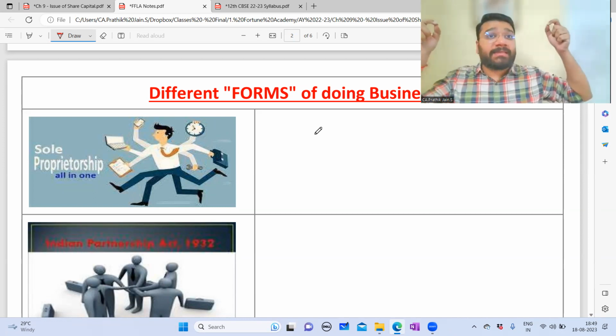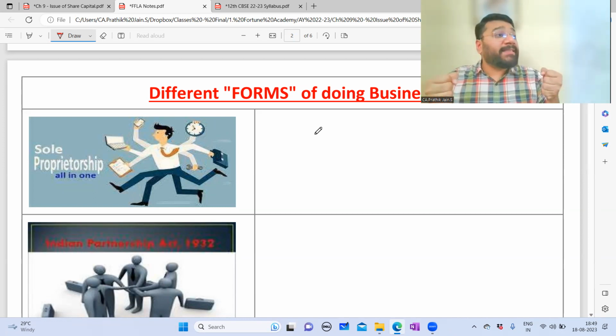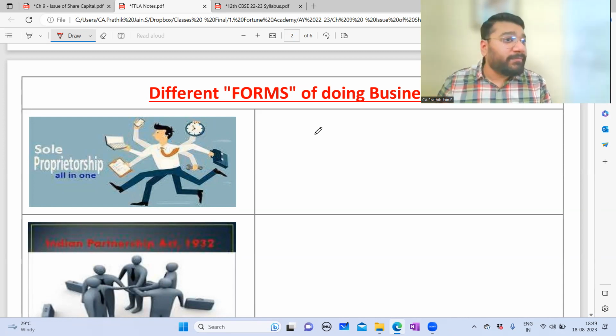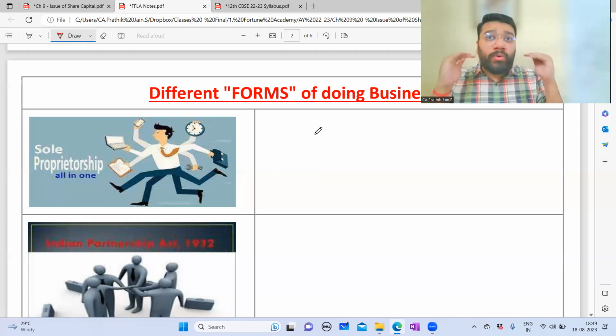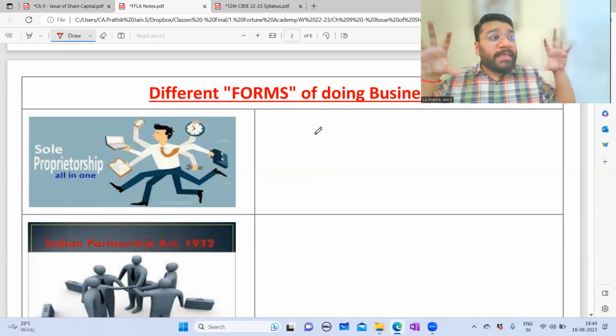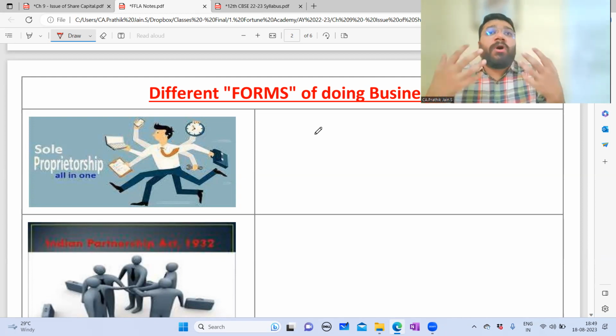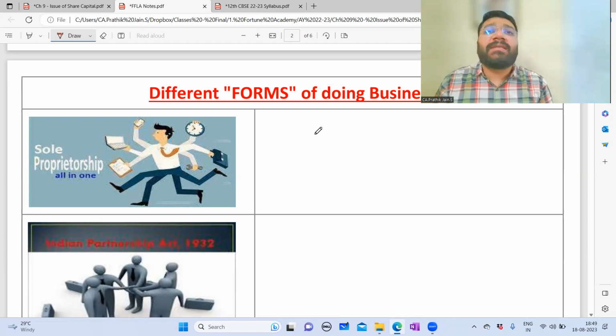But in the respective areas, there has to be a person who takes care of it with the utmost responsibility and accountability. The accountability and the responsibility with which an owner works, can you expect the same from the staff? Not possible. So definitely you need to have an owner in the respective areas who can equally take care of the business in those areas. So the sole owner faces a management constraint. So what happens? He looks to forming either a partnership concern, an LLP or a company so they can get more owners into the business. Like that, there are various limitations suffered in the sole proprietorship concern.